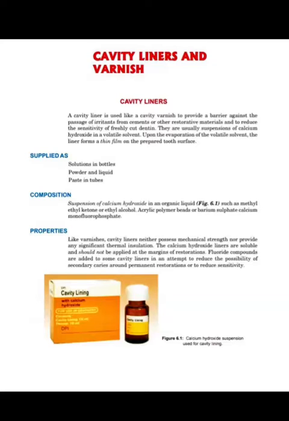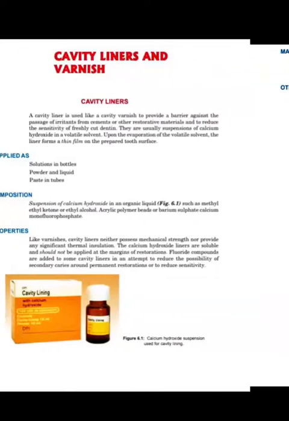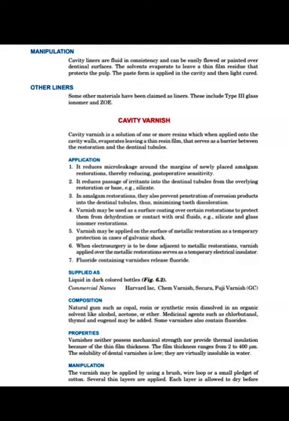So for pulp protection we can use liners or bases or varnishes, but there are different situations in which we have to use them or in which we can't use them. So we are going to discuss the situations in detail. First in this lecture we are going to discuss the varnishes. Application of cavity liners, varnishes and bases is dependent on various situations. So what are these situations?